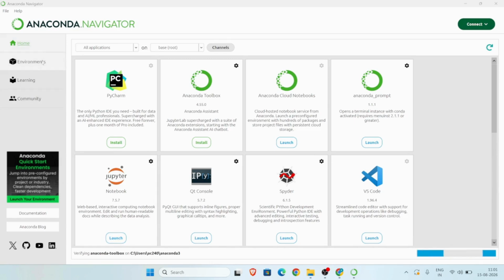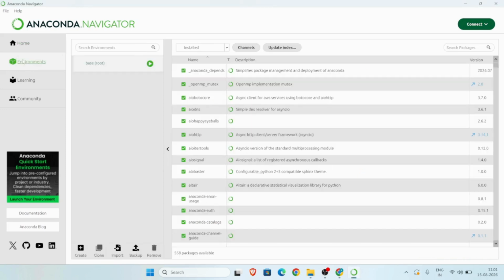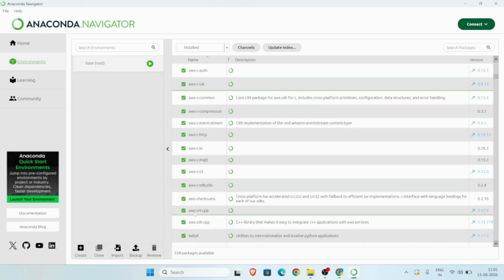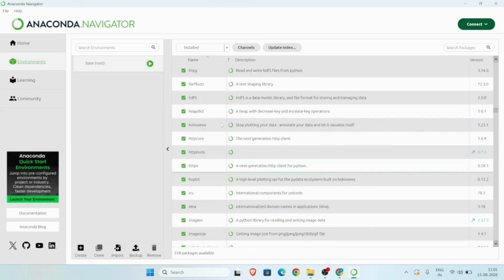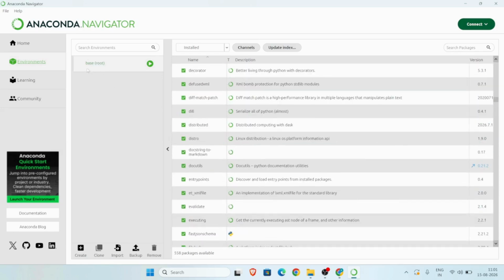Here at the left hand side also there are so many options. You can go to Learning to learn from the resources available. See, from here you can set an environment also. So all these things are there. When you talk about environment, let me tell you what all libraries you are using, right? All these libraries are available over here. So from here also you can create an environment. Right now the environment which you are working with is base. You can create your own environment also by clicking on create, right?